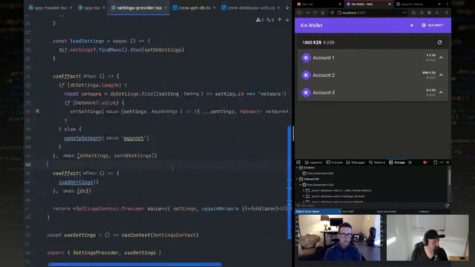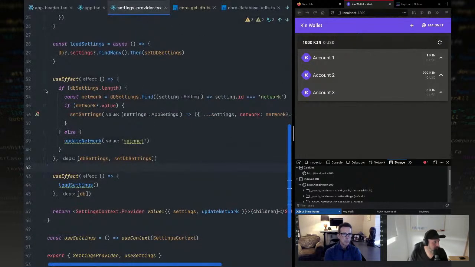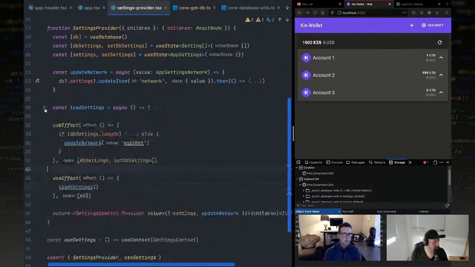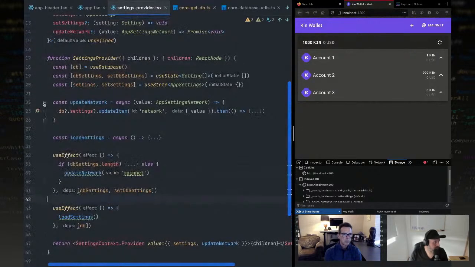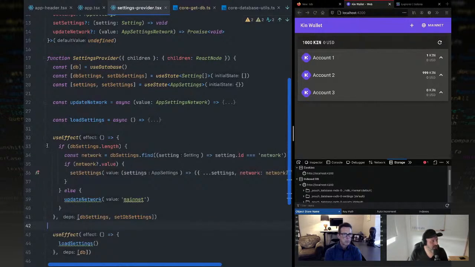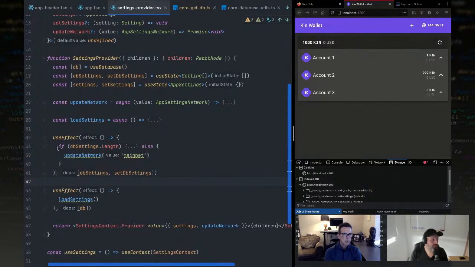So the settings provider right here, I'm going to comment out a few of these details. And so what I did with the settings at this moment is just a database. And I am using the key in the database, the ID field basically as the key, and the value is whatever the value is. And it only supports strings currently because that's what I need. And then